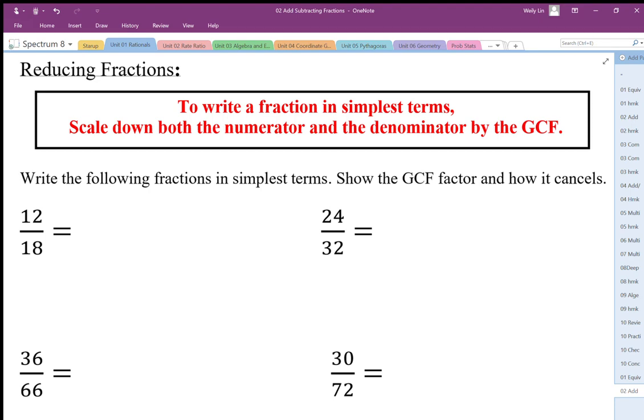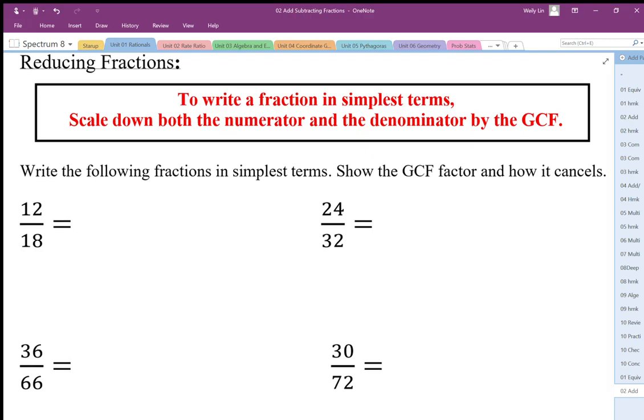So again, it's really important to show me that you have the multiplying dividing factors involved here. Now you can come up with your own fraction, but this is going to be in reduced terms. Okay, so we need to figure out what is the greatest common factor that we can reduce the top and bottom by. Now there's two ways to do this, and I actually want you to try to do it